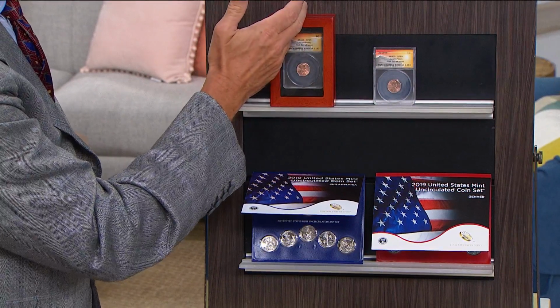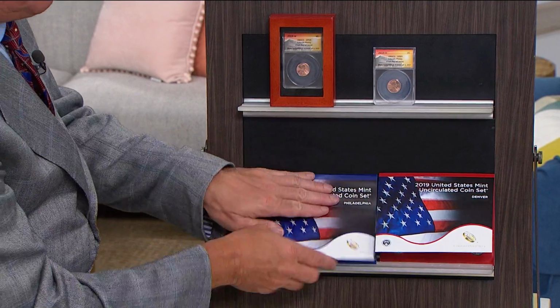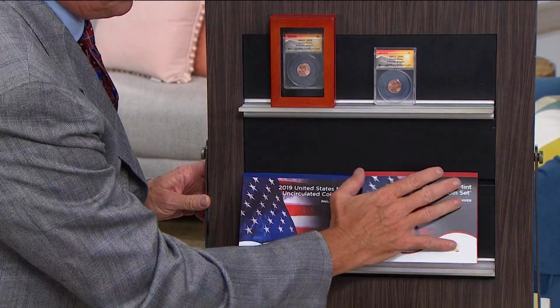So the red oak presentation box is going to come with it, and the uncirculated United States Mint set is going to come with it as well. Every single solitary one. If you're not placing your order quickly, you might miss out. So yes, I recommend going to